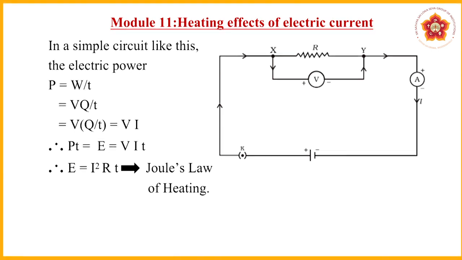It is a very famous equation that is dealt with in current electricity, and this is called Joule's law of heating. When you pass current through a resistor, the heat energy generated in the resistor is expressed by this formula. If we know the current, we use this expression. Suppose current is not stated directly, if you know the voltage and resistance, we get the value of current by I is equal to V by R, and this particular form of expression for the heat energy is called Joule's law of heating. Let us see what this Joule's law states.